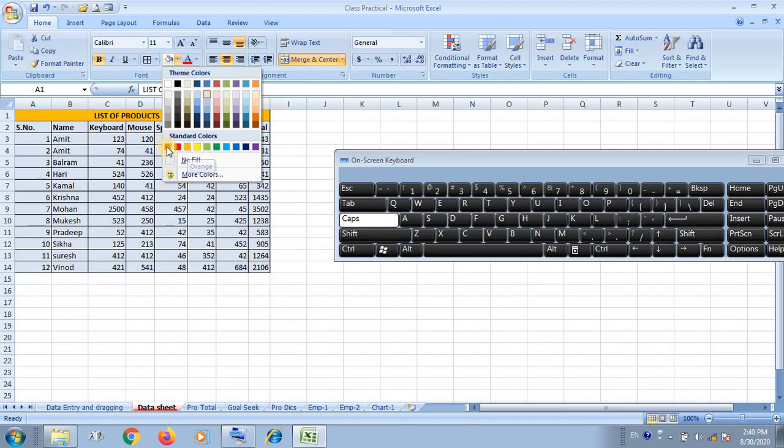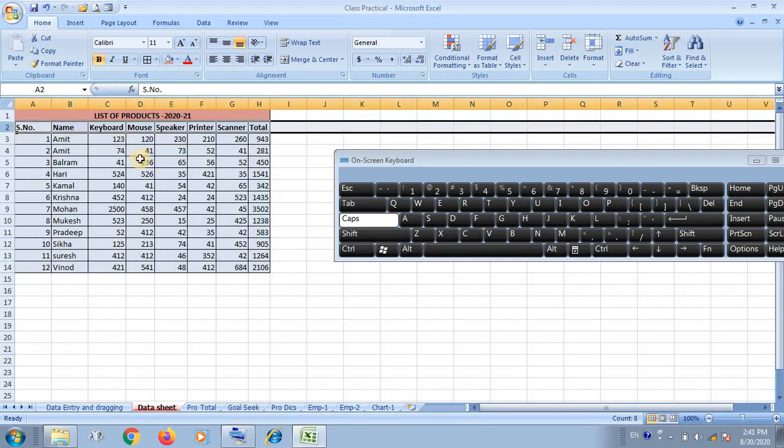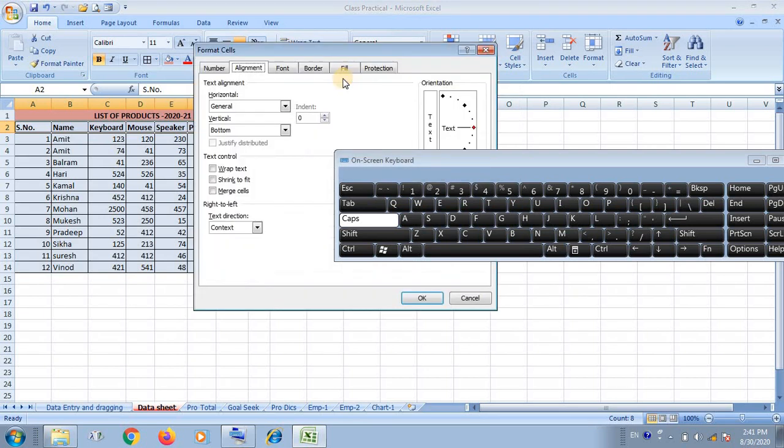Okay, this is the setting. Okay, and now this is the formatting. And suppose anyone wants to change the heading, rotate the heading, anything. If you want to rotate the heading, just like a scanner, I want it to show vertically, then we have to select it, and we have to rotate by clicking on the alignment here.